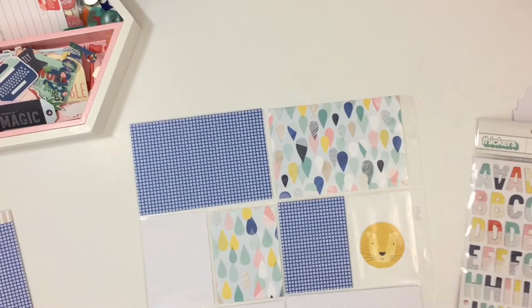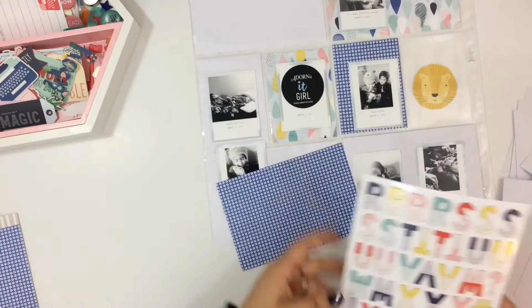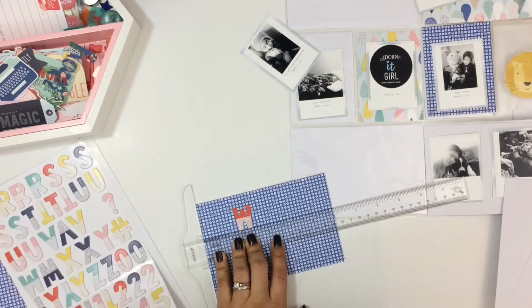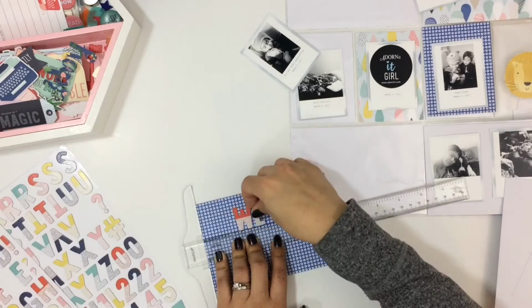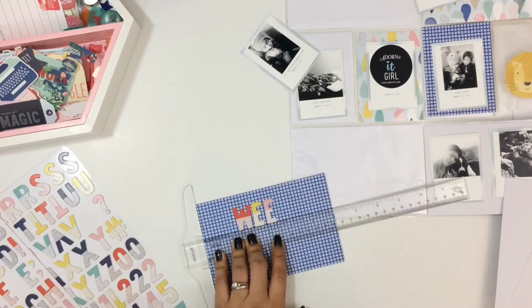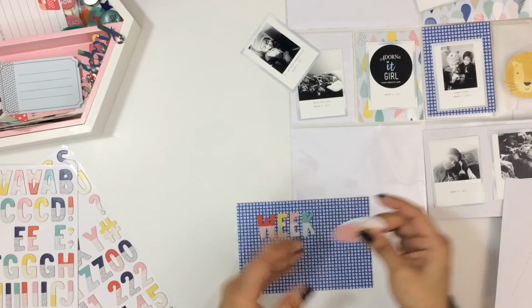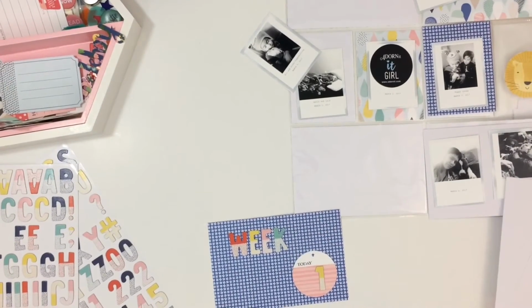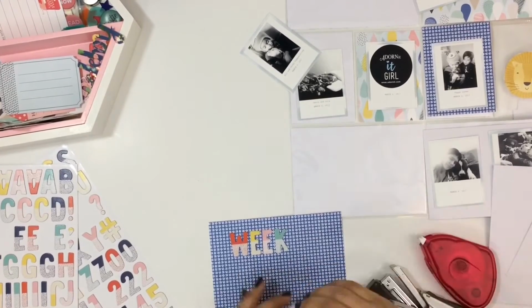And for this one, I'm going to use this blue paper. I cut some of it down to 4x6 and 3x4. And then I've got my photos kind of where I want them. On each photo in the app, you can add details if you want to put a little journaling on there, and you can add the date. So all the photos do have the date. Some of them do have some journaling on there, like